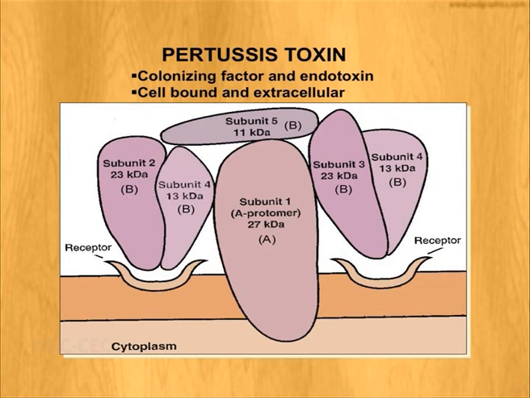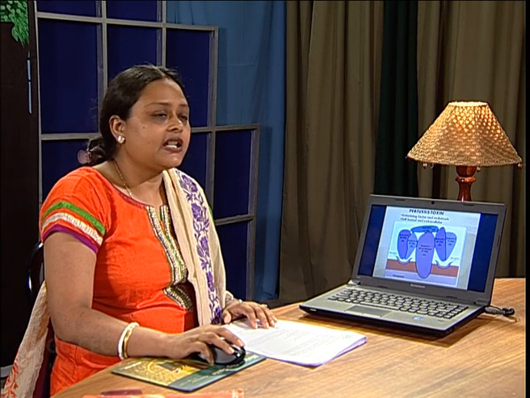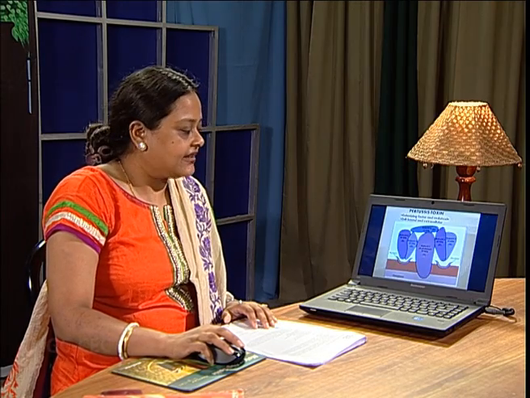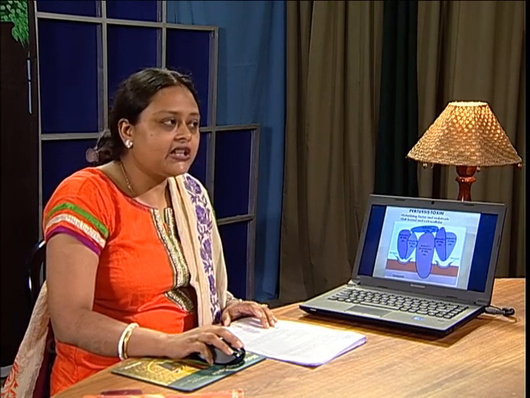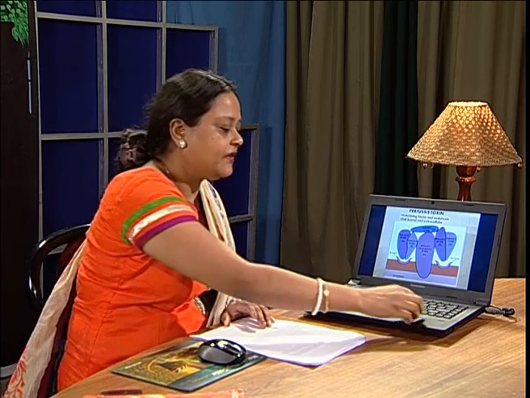You can see here it consists of a hexamer, or 6 units, in the A and B form, meaning they have two centers, A and B. Altogether you can see they are arranged in this fashion, and the receptor you can see here helps in the binding of the B subunit first to the epithelial cells of the respiratory tract. And then we have the A protomer, which is 27 kilodaltons. This causes the catalytic or enzymatic action, and that is what generates the changes that we will see, the coordinated action of several other toxins, which we will be briefly moving over here.